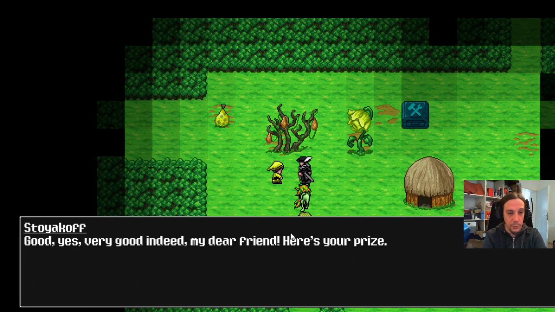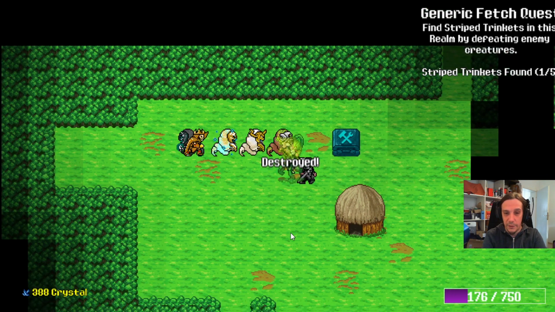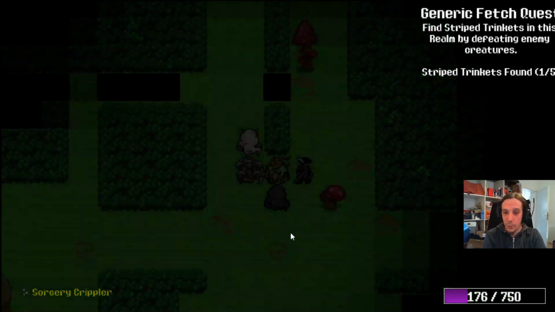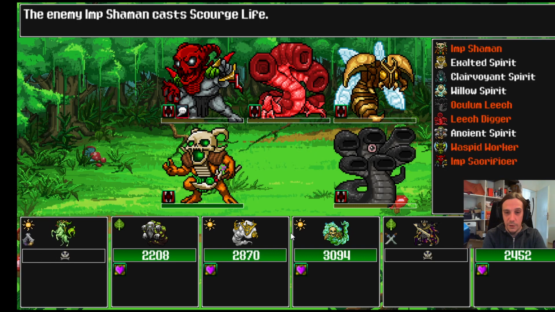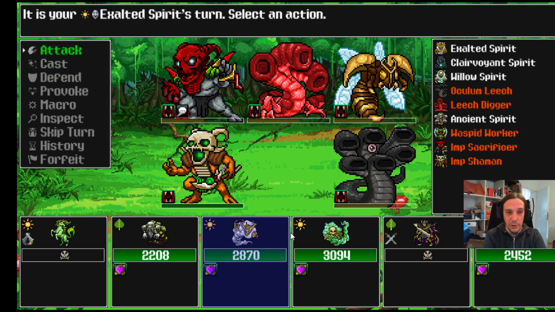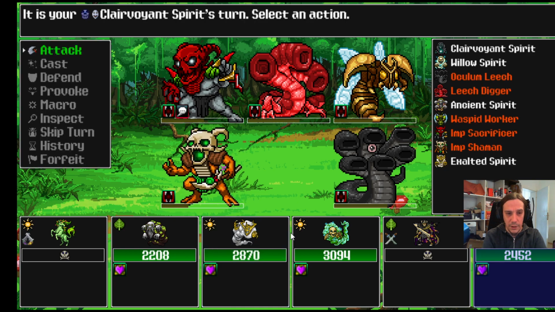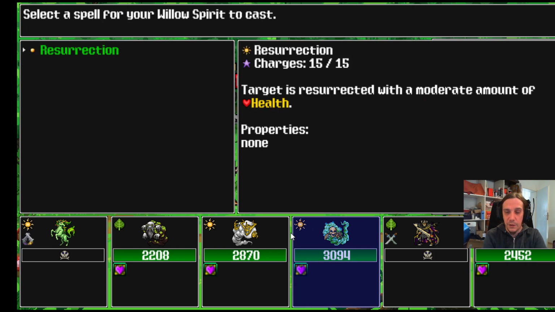So I'm going to take one run and just play it a little bit, and then we're going to go over the theory craft of it a little bit more. I'm going to go over the traits of my critters, and there are lots of things where I feel like I could be still doing better. I don't want to go for Reincarnation. Reincarnation is not the spell. Reincarnation kills the unit and